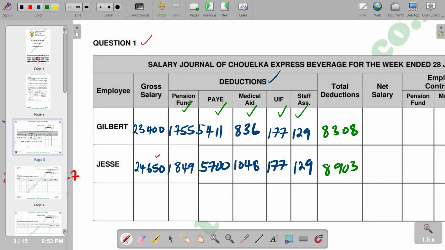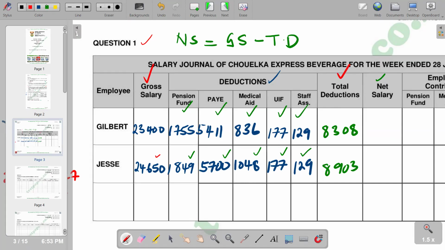So remember, we are saying for Jesse, it's 1,849 plus 5,700 plus 1,048 plus 177 plus 129, then you get your 8,903. Then we now move on to our net salary column, whereby net salary is equal to your gross salary minus your total deductions. So basically, we are saying the gross salary minus the total deductions, then you get your net